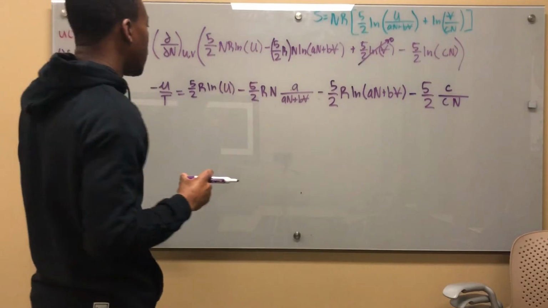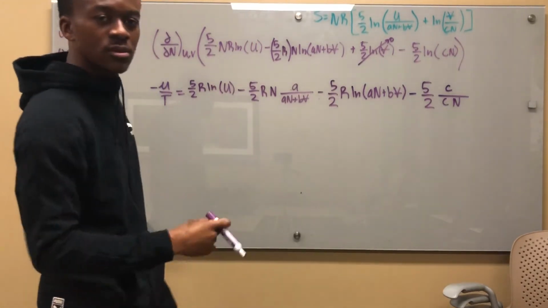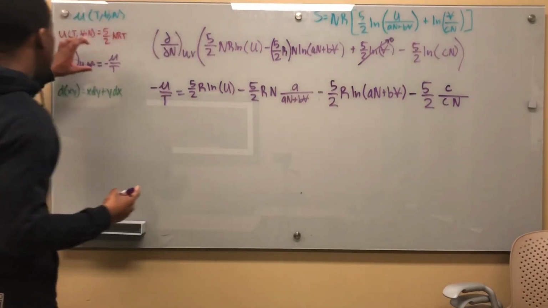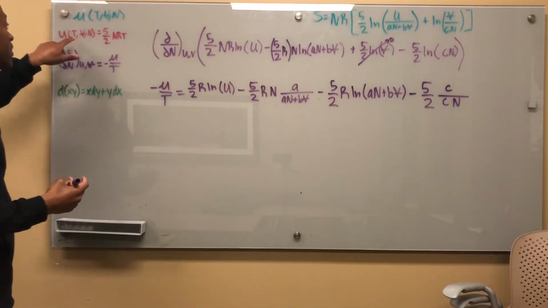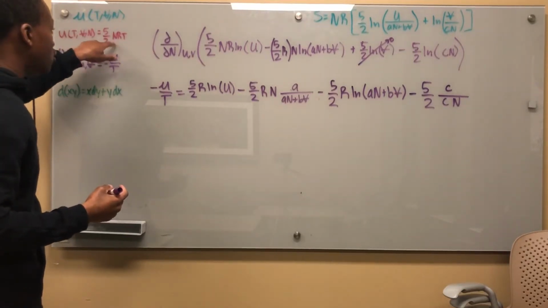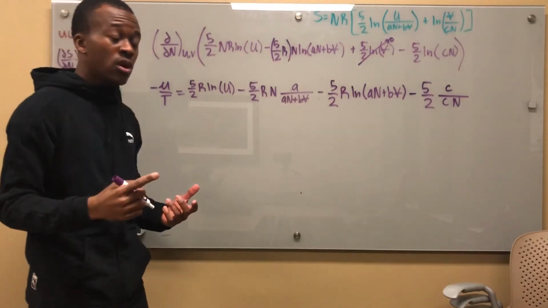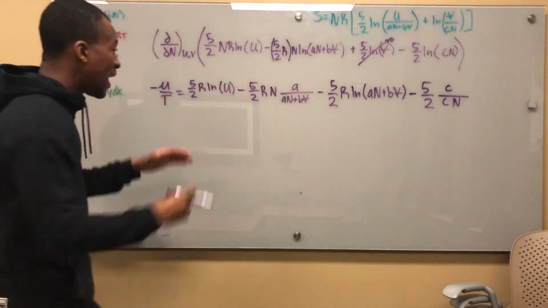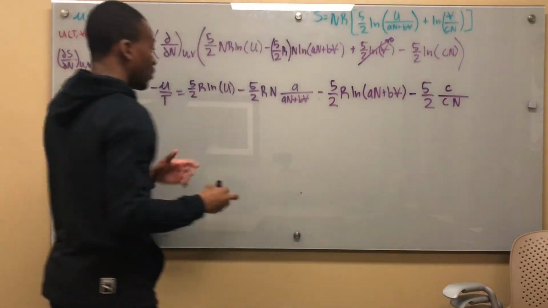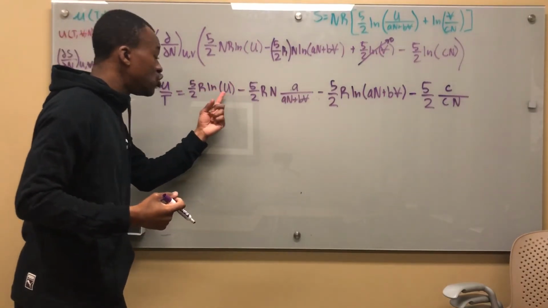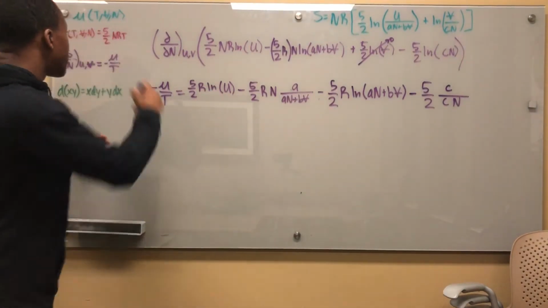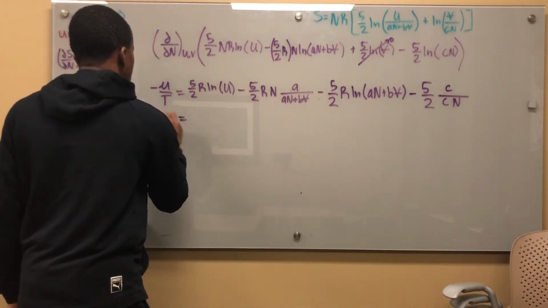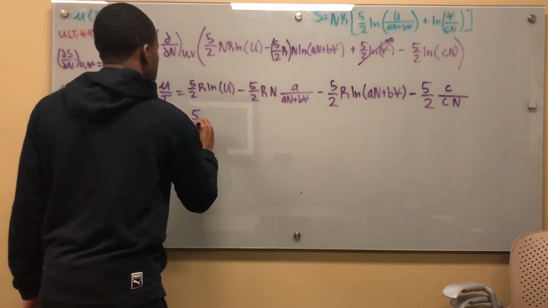Now, there's already a problem here. I need this u to get out, right? Now, how can I get rid of that u? This is why I sort of kept this here. U in terms of T, V, and N is simply 5 over 2 nRT. Because we're solving for mu in terms of T, V, and N, I need everything here to be in terms of T, V, and N, right? We've already solved for that in the last video. So I can say this, negative mu over T is equal to 5 over 2